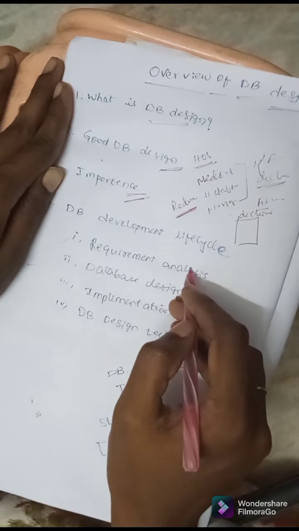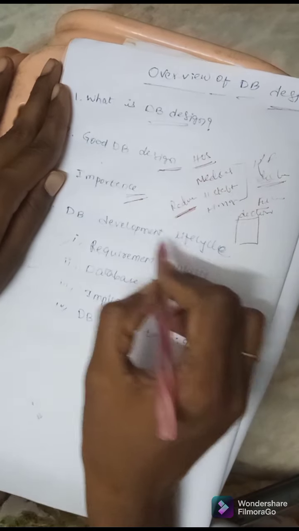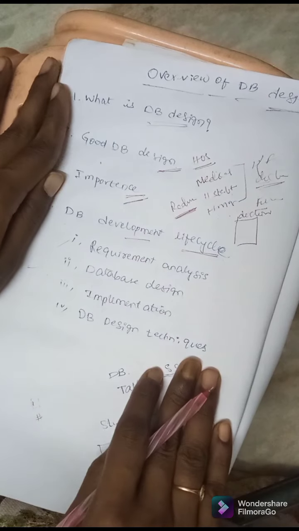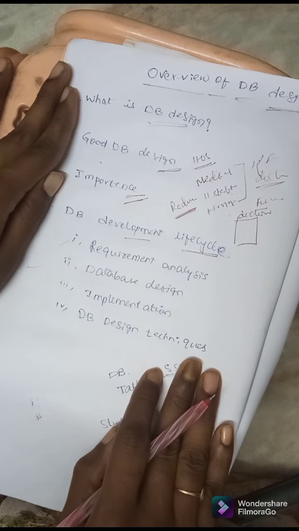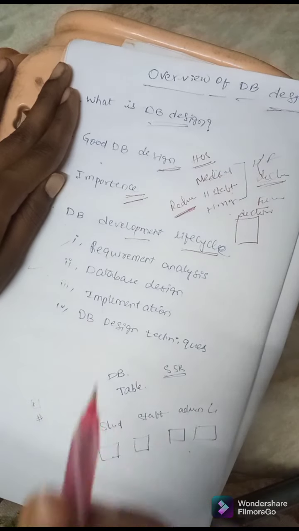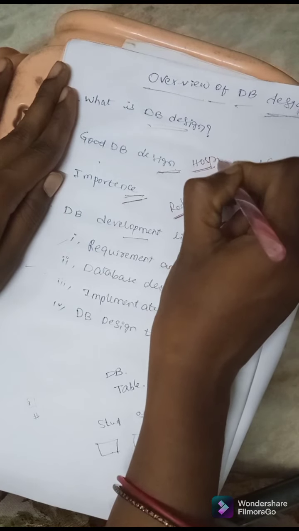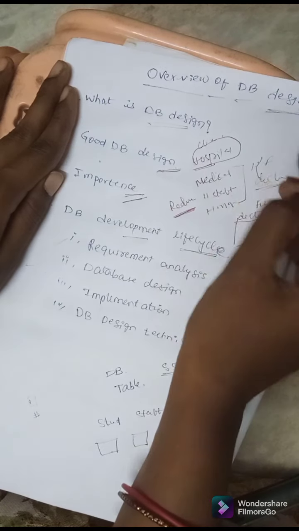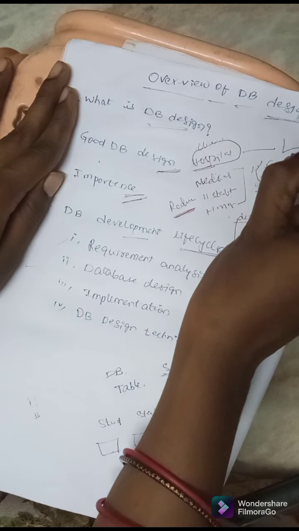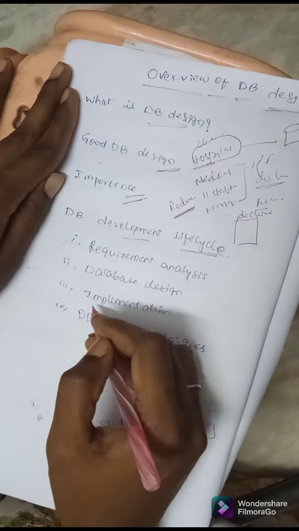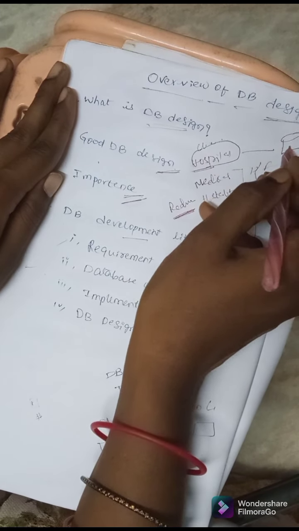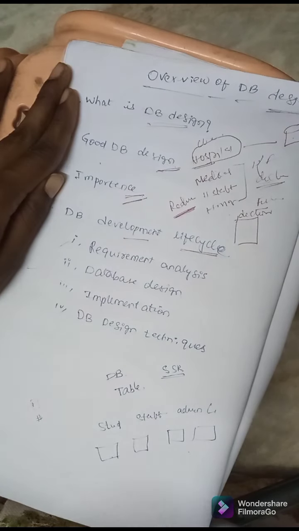Next, here I am going to discuss the database development life cycle. In the database development life cycle, what does that mean? Life cycle is nothing but what? From the starting stage, from the hospital client, to the practical part of the database to be designed. So that means from oral to physical, the database is designed. The steps are there. So what are the steps?